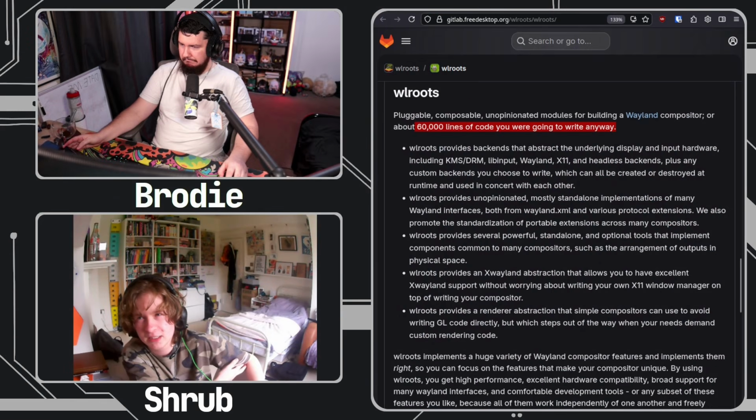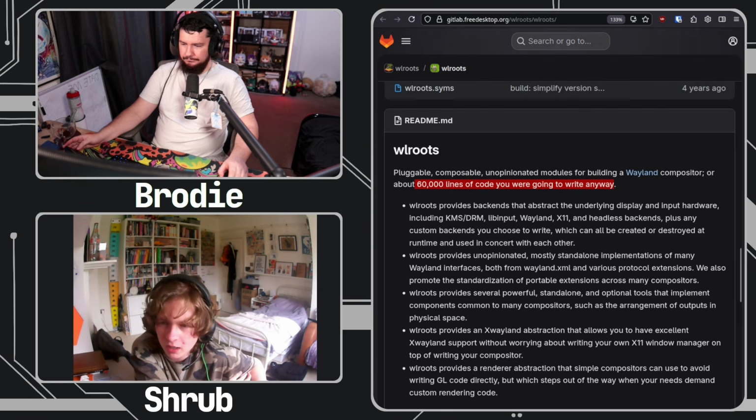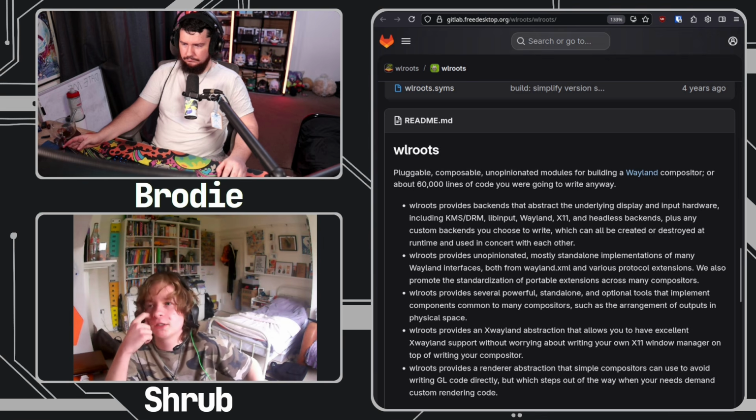But the original SWC is about 10k, and our fork is I think 18k, and you still get most of the core. It's very usable, like for a basic window management system. So it just shows you don't really need a ginormous monolith mega code base to just get things working. So yeah, that is my end goal with all this Wayland stuff.